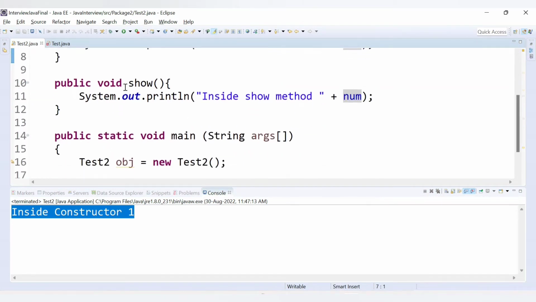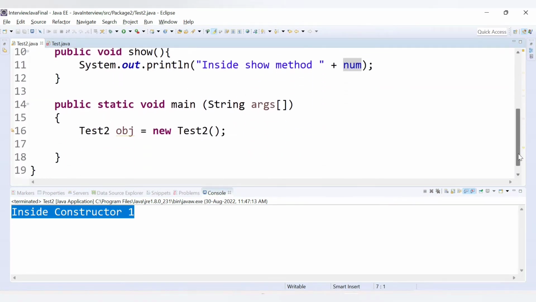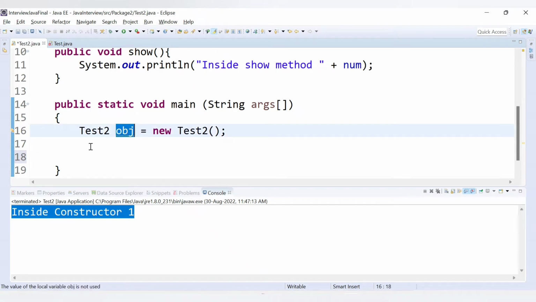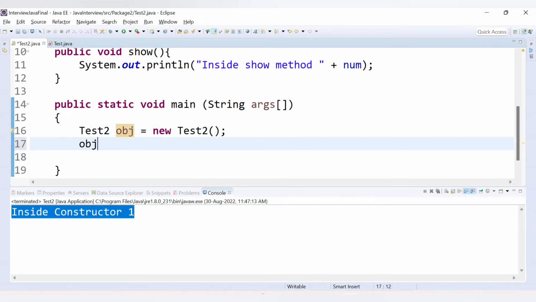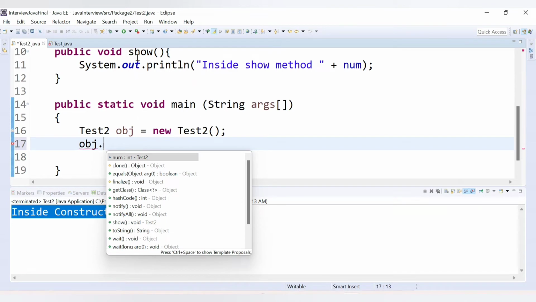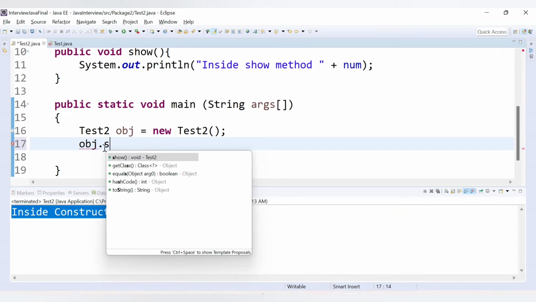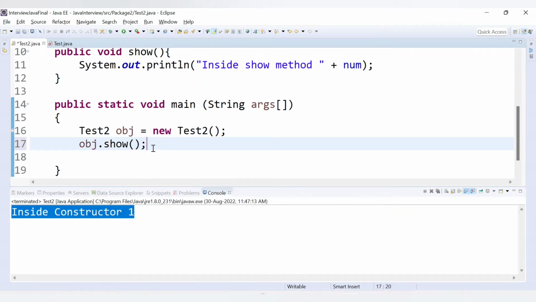Now, if we want to call this show method, we need to call it. For the constructor, we don't need to call it; at the time of object creation itself, the constructor is called. If we want to call this method, we need to make use of the object that we have created. So obj, then provide the dot, and we need to call this particular method, so we say show. And if we save and run this code now,